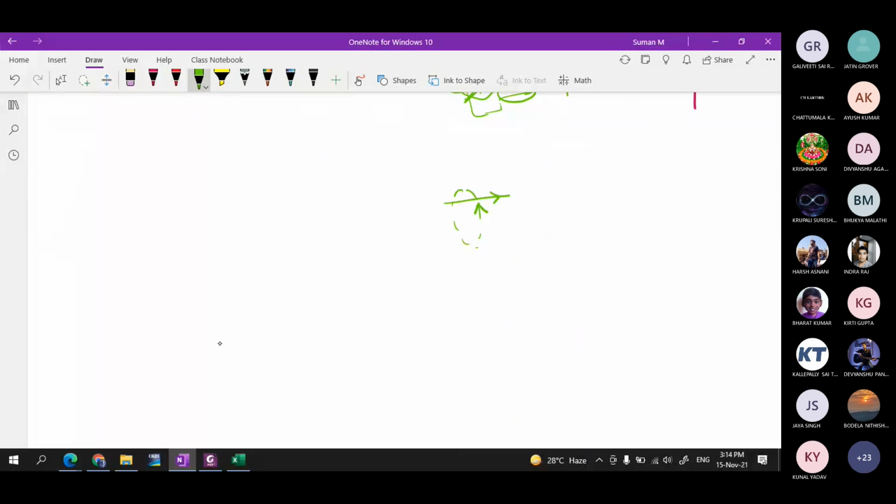Your current direction is like this, and your flux direction is like this. So the flux will be coming out like this. Similarly, this was the leg, right? On this side, you will get the same kind of flux. Here, the flux will be coming out on the top and it will be entering from the bottom.